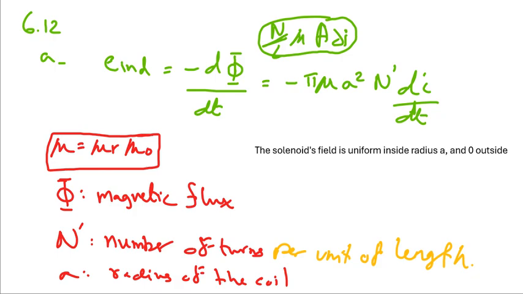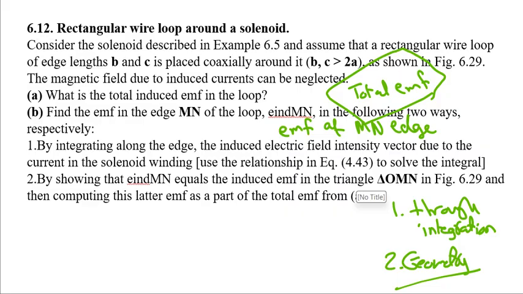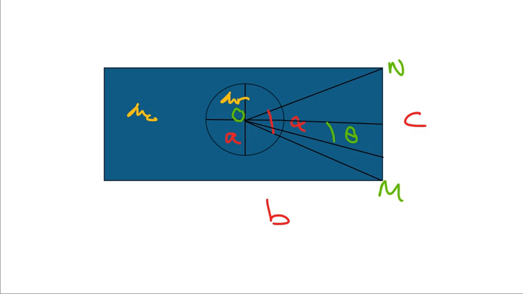And going back to the second part, which is about HMN. Now we're looking at HMN, which is this H. We're not looking at the total loop anymore, just the HMN. If you look at it and do the geometry, we have an alpha angle, which is this angle right here. Let me just use the highlighter now. So we have an alpha angle here,